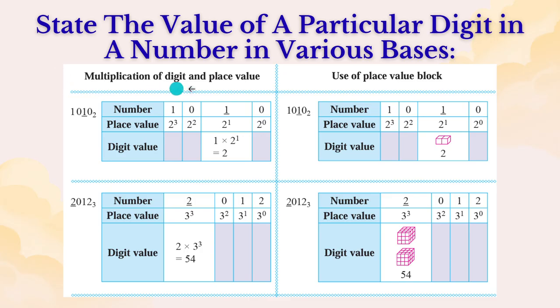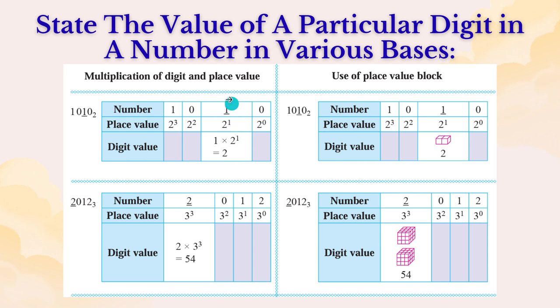So look at the first method here, multiplication of digit and place value. You can write down the number, you can write down the place value just like before, and then you add one more column here, the digit value. So the underlined one is the number one here. So the place value is 2 to the power 1. So digit value means